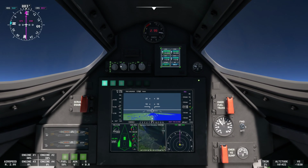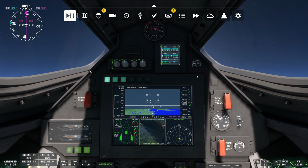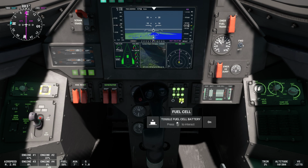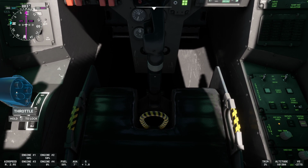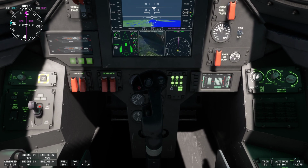And we're going to go ahead and pop in the hold. We have to get things turned on here. First, we put the scramjets in standby. You've been through all this. Turn on the fuel cell battery, and then we have to go ahead and put the throttles all the way up, and then we have to click them into afterburner. We're back up here,